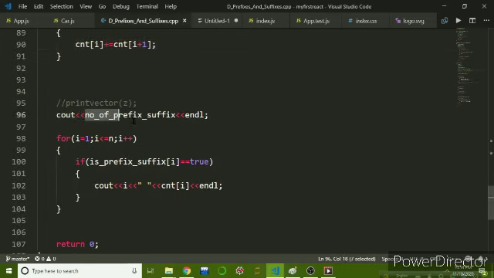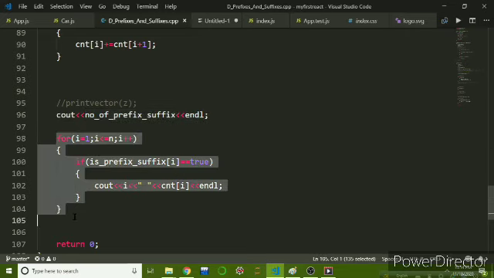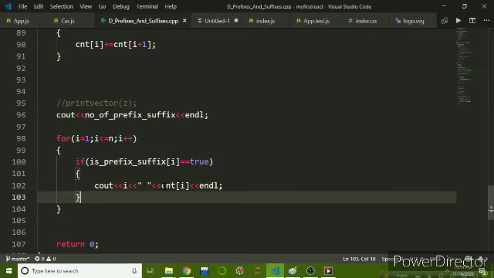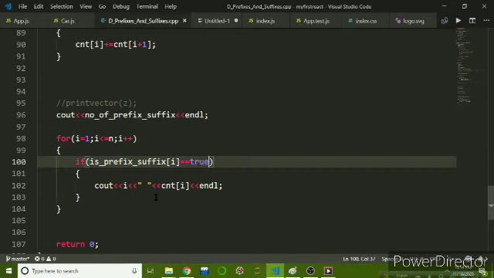So then we are printing this number of prefix suffix and the length and the frequency of the prefix which is also a suffix. And here we are checking a condition because we don't have to print the frequency of all the prefixes.